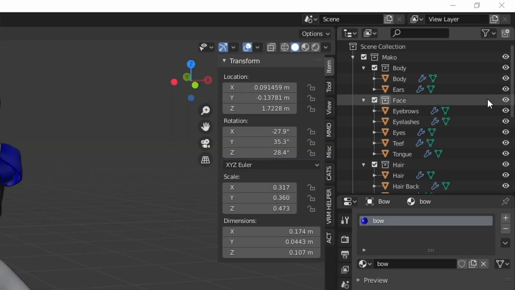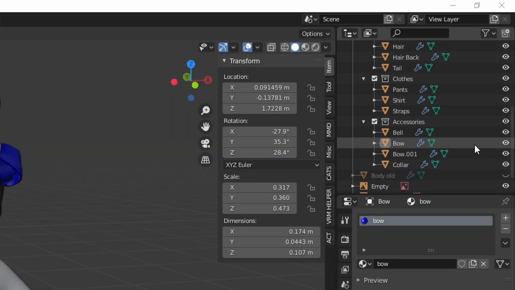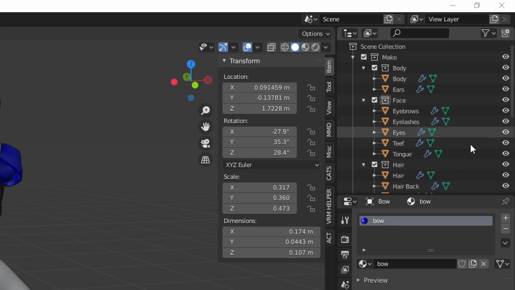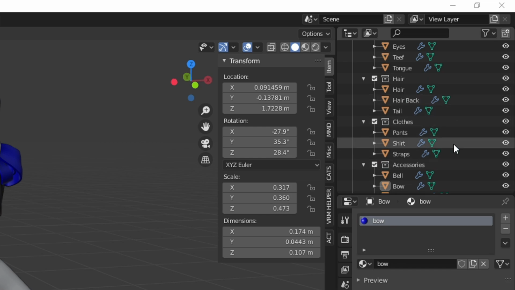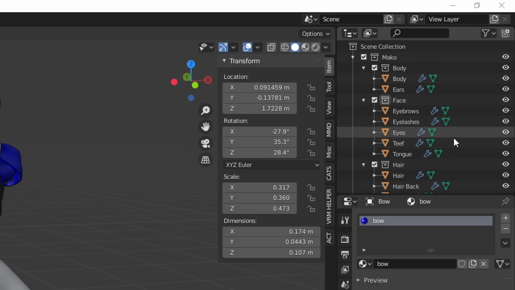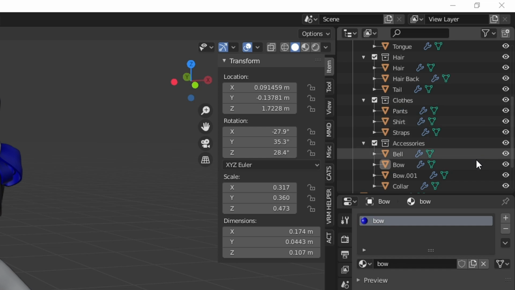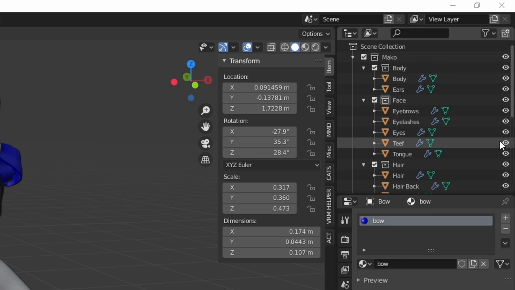You see all this stuff up here? These are all the meshes I have. As you can see, there's quite a few of them. Our job now is to combine a bunch of them into a few things, as each object will have its own separate material, and we don't really want 20 materials.